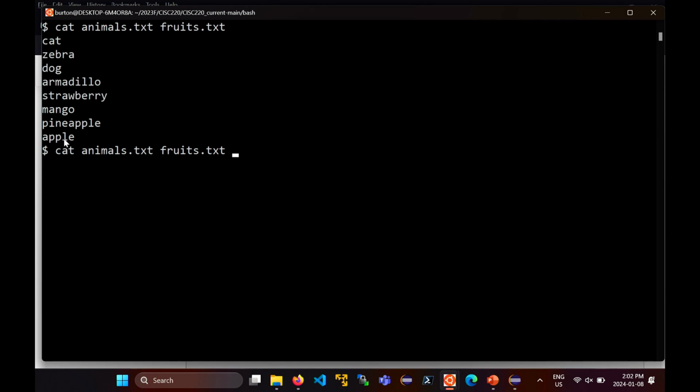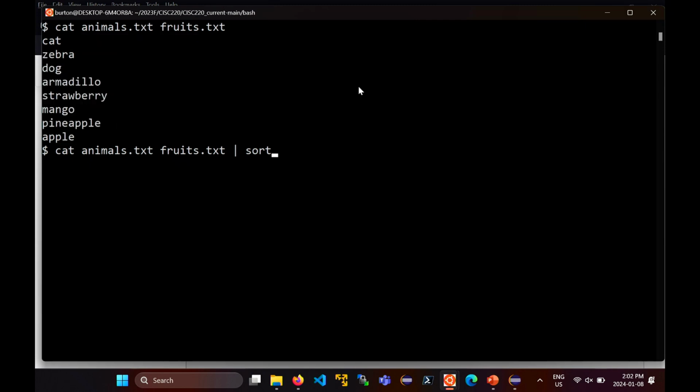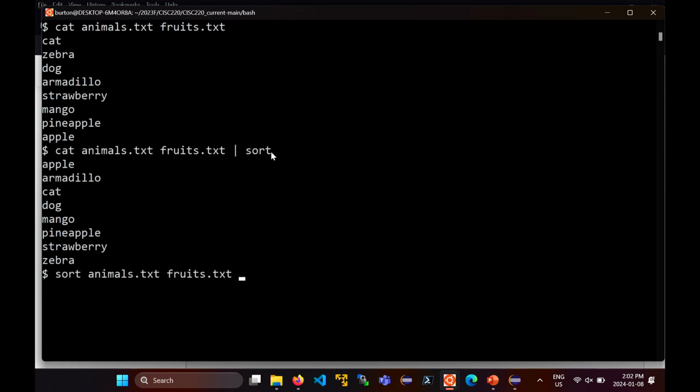I can take that output and redirect it to another command, like sort. Sort is now going to take this output and sort it line by line, and so now you end up with the sorted output. That is a second way of sorting the contents of two separate files.